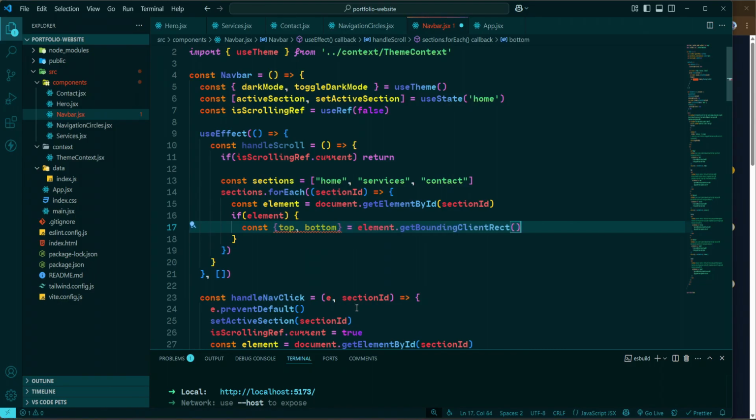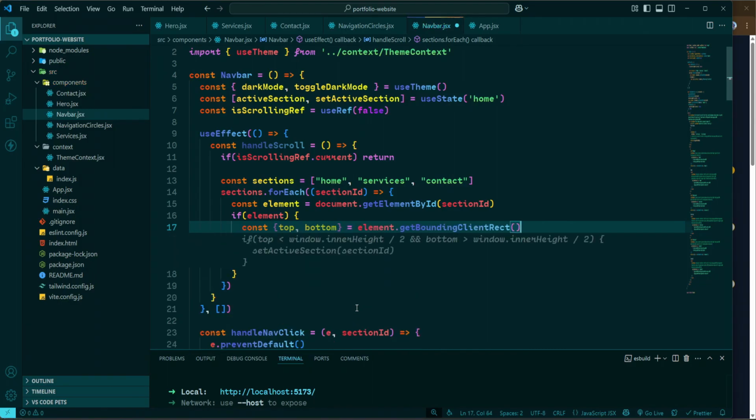So this suggestion is correct. Top represents the distance from the top of the viewport to the top of the section. Bottom represents the distance from the top of the viewport to the bottom of the section. Now we have to define a condition that checks whether the section is currently within the viewport and should be considered active. So here we need an if statement